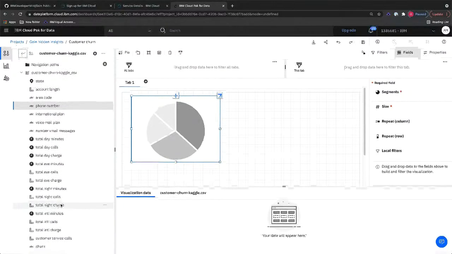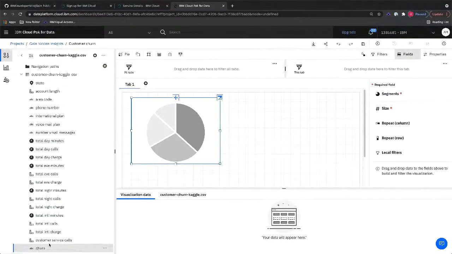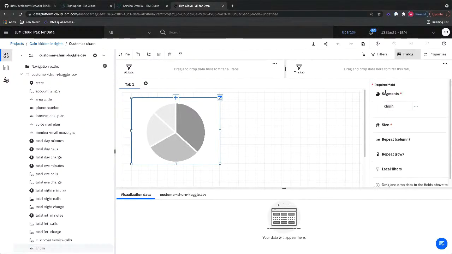Churn is basically the rate at which the customers are going to change or drop out of the services. So over here in the segments section, I'm going to drop churn. This will give us a value of how many people are more likely to drop out of the services and how many will not. And also in the size section, I'm going to put churn. So if I put churn here as well,